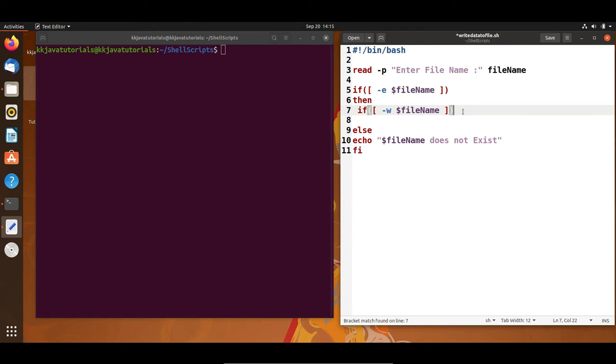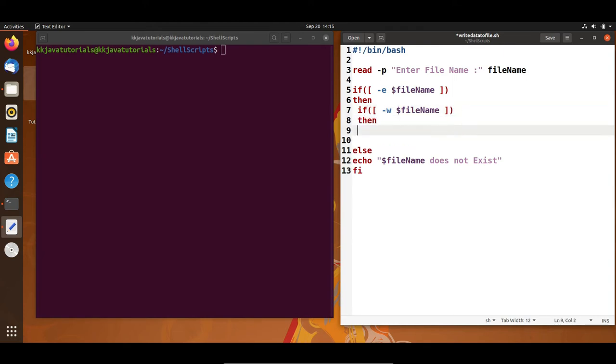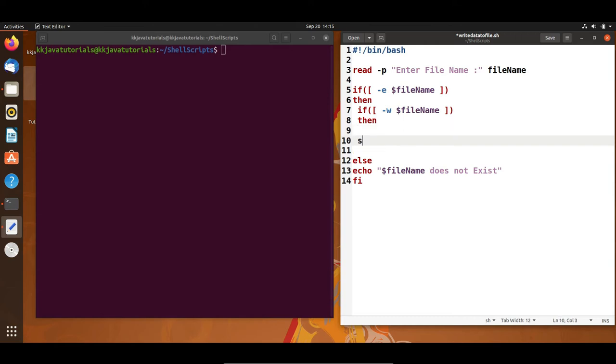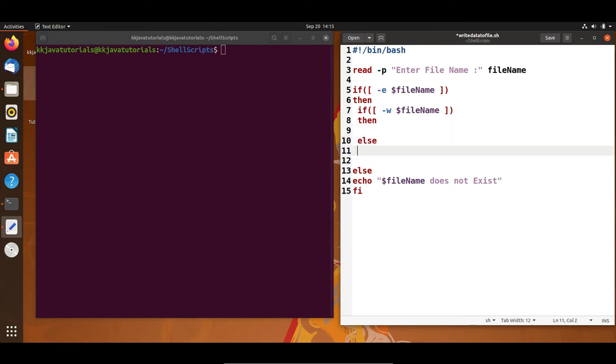If write permission is there, then I'll perform some operation. Else also we have to give, we will write a message: if the user does not have write permission, then I will write this file name does not have write permission. A simple message you have to print.